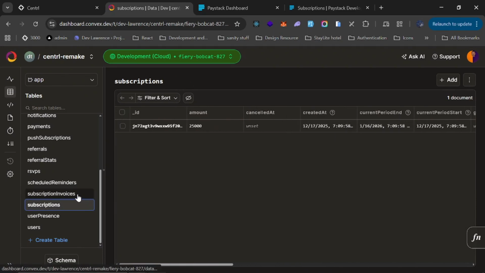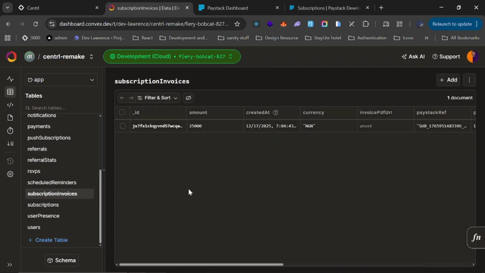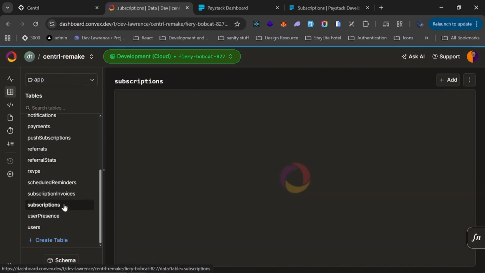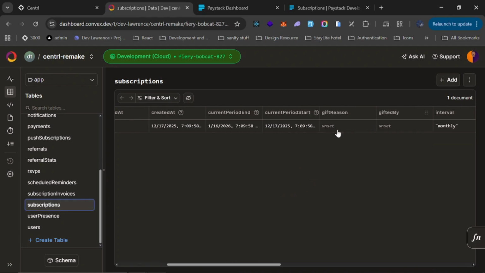So the way I did mine was that if the user just clicks on the link without subscribing, it's just going to stay on this subscription invoices table. But if everything went through, so if the payment was successful, then the data will be sent across to this subscriptions table with the current period. As you can see, this is the 17th of the 12th month, so 17th of December 2025,